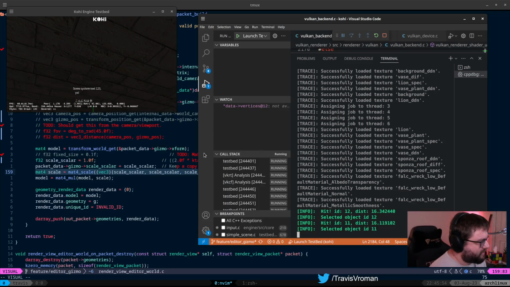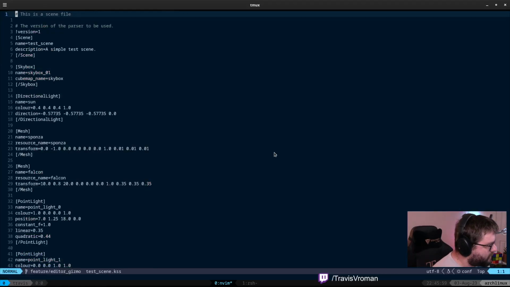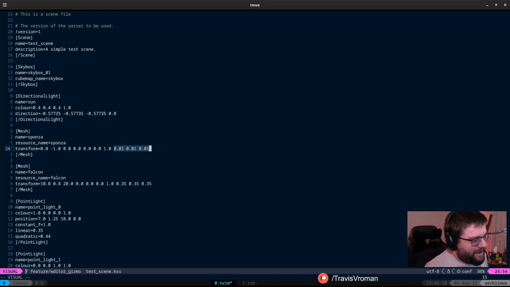And the reason for that is, if we take a look at our scene file, our Sponza mesh is really, really small. This is our scale, right? So the scale, obviously, since the gizmo is parented, or I should say a child to the mesh that's selected, it's obviously not right. So I think probably what I'm gonna have to do is, instead of treating it like a parent,